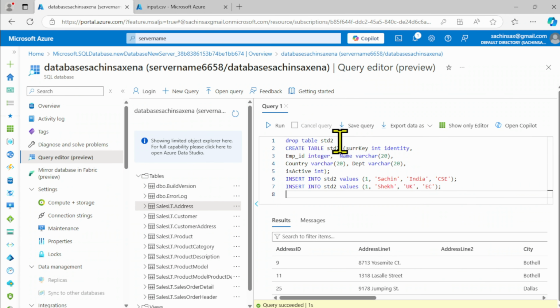This is going to drop the table if it is already there. I'm going to create a table named student. If it is already there in my database, it will delete that and create a new one. So I'm going to create